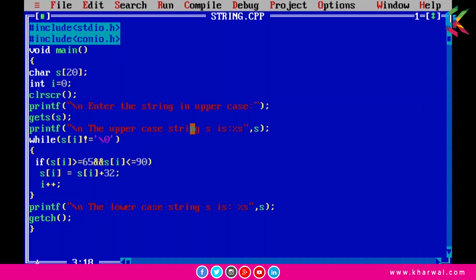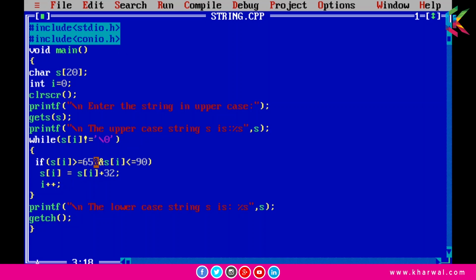After that I am using while loop to scan all the characters from this character array s until I find the null character, and if this condition is true it will check this condition, and we are using this condition to check whether the given alphabet is in uppercase or not, and if that alphabet is in uppercase we will add 32 to that particular alphabet, and that will make it into lowercase, and after that i++ will be executed, and it will again check this condition, and if this condition is true it will again check this condition, and if this condition is true we will add 32 to that particular alphabet, and i++ will be executed once again, and so on.